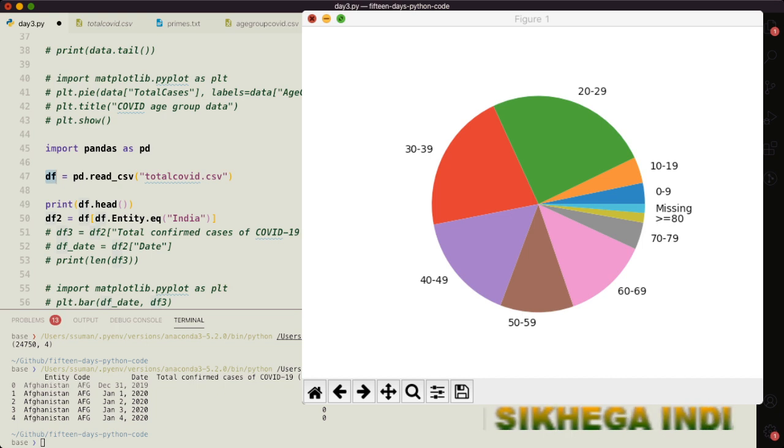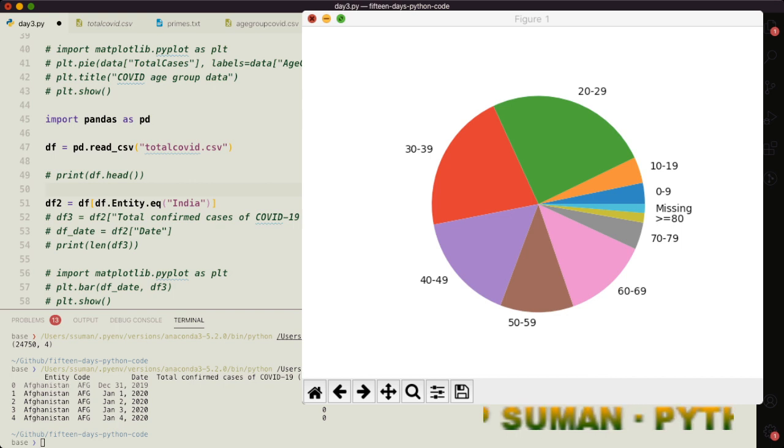The data stored in the pandas library is often referred to as a data frame, so we will name it df. From this data frame, we will access only those rows which have entity equal to India.